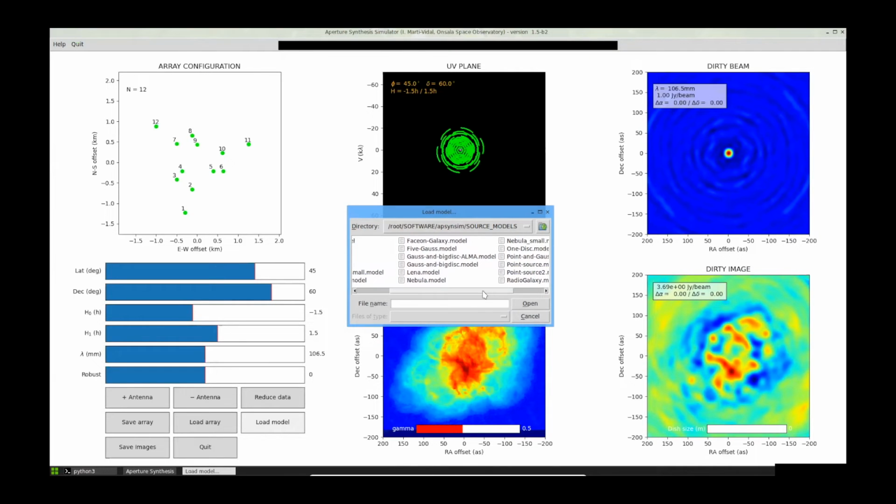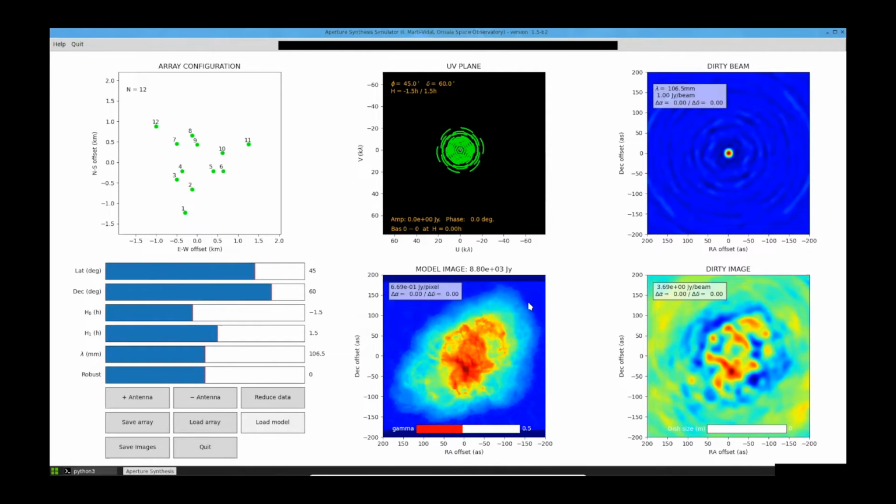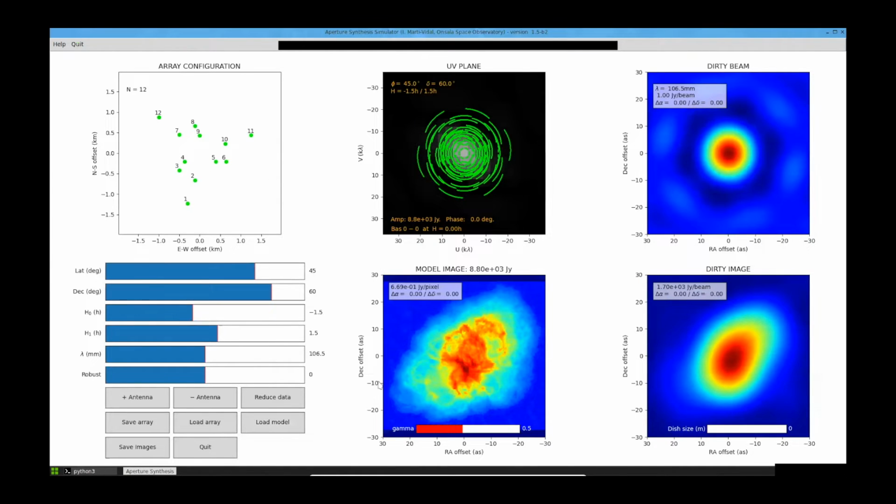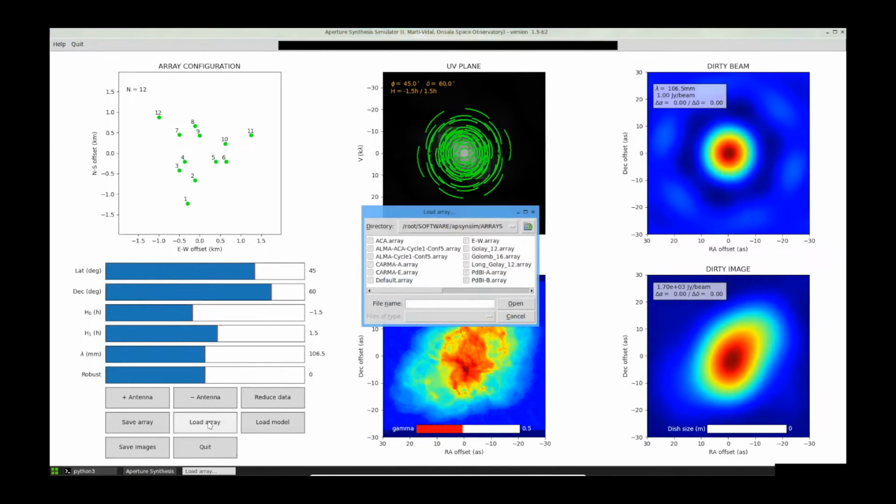And there is a version of this nebula that is much smaller, which is suitable for ALMA, because look, this nebula is huge. It has 400 arc seconds of diameter. There is another scaled version of this nebula that is more suitable for ALMA, which has 60 arc seconds diameter. And now we load the ALMA array. But since I would like to focus this first exercise on explaining the gory details, and some things to take into account when you combine data of ALMA main array with ACA,